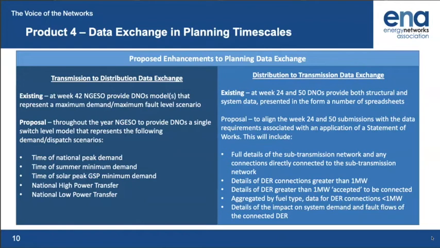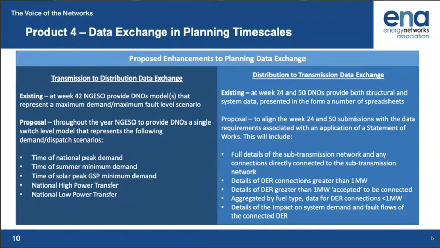So you can see here we're touching again on the requirement for IDNOs to provide detail where they have such large connections to a distribution network. It also includes details of any distributed energy resource connections that are bigger than 1 megawatt. So it's fairly basic details, but it's where it's connected, the size of that connection, and the type of energy fuel source that DER is, and that will align with the requirements of the recent Accuser change proposal 350, which requires